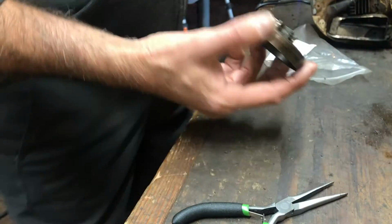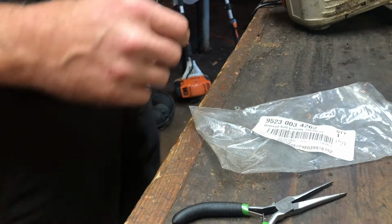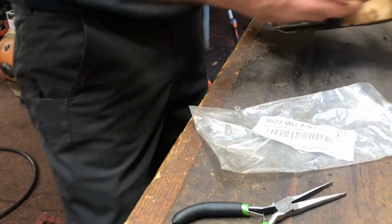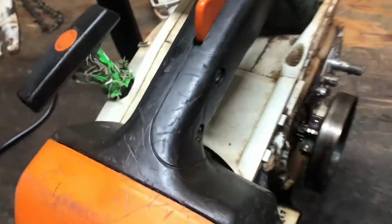All right, so there's your clutch spring replacement. While I'm doing this, I'll leave that down there. You can write down that part number. Here's one other thing to be conscious about. I'm gonna have to pick you up and do this again. We'll get a little light in here. So this